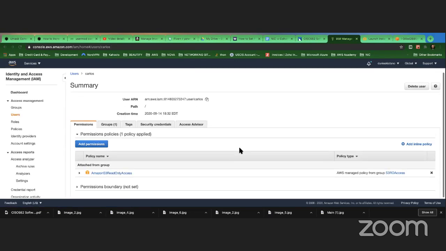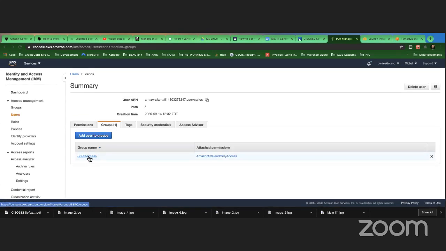And then Carlos is in the read-only access group. Now Carlos or whoever is inside this group can only read S3 buckets. When I say read, it's view. They cannot modify anything. They cannot do anything except read. That's it.